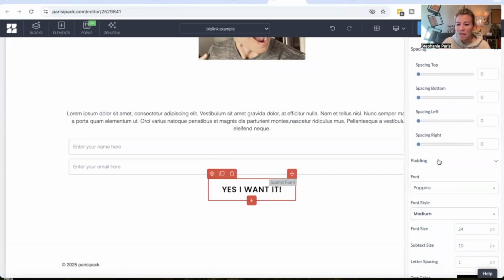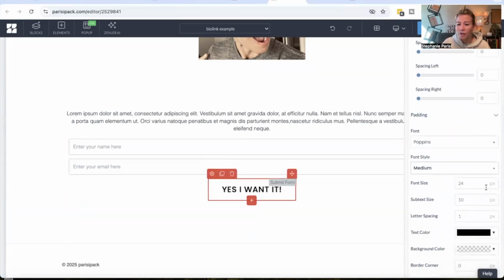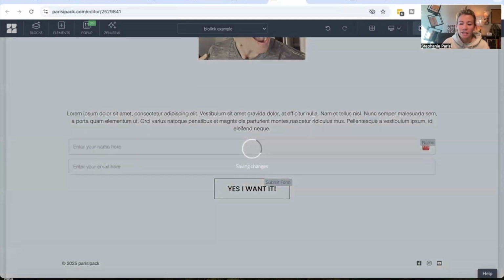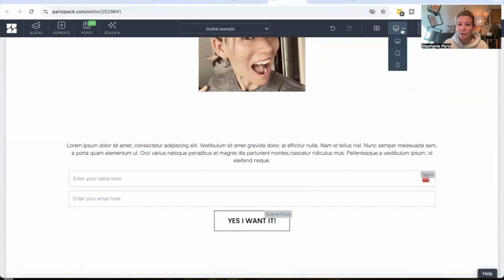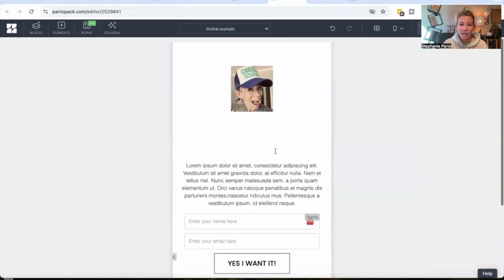We'll make it just medium and we will even decrease the size. Decrease the letter spacing, okay, and then click save. Just make sure to save your work as you go. So now if I want to see what this looks like on my phone version, I can click, and there